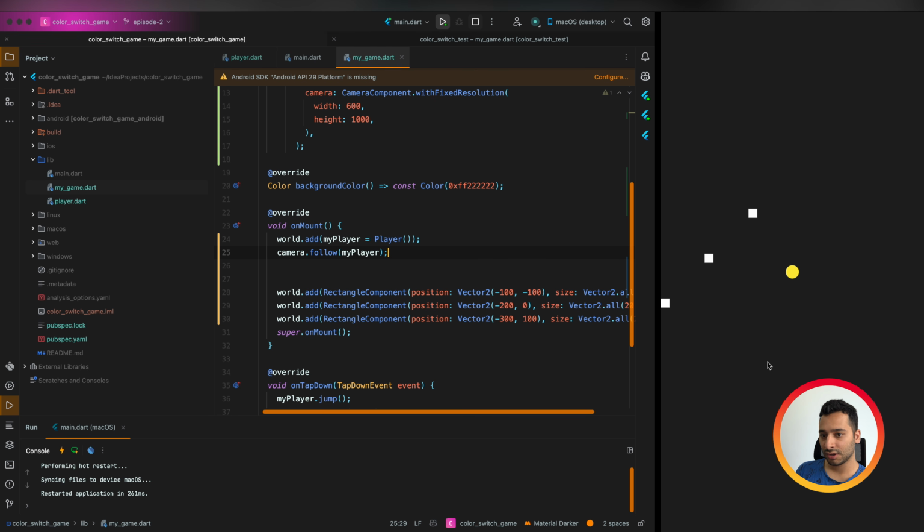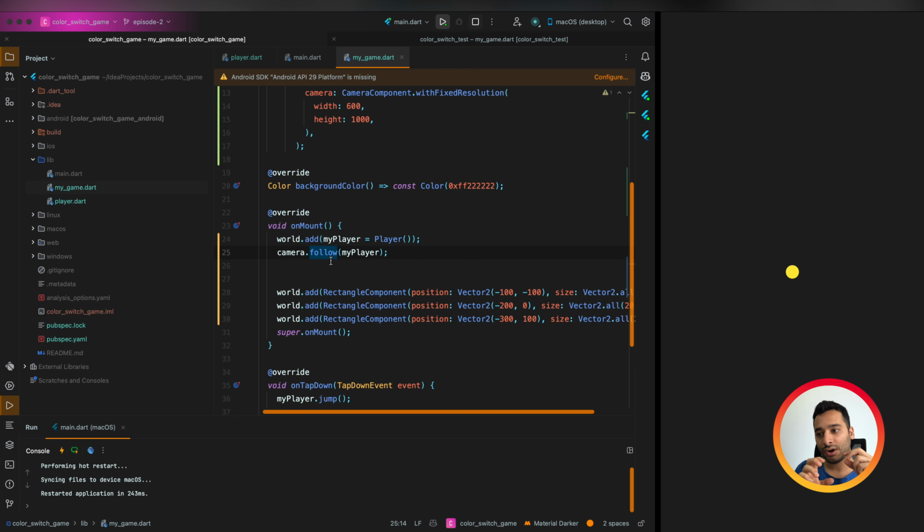And if you run, as you see, camera follows the player. Simply, camera has a position, X and Y value, and our player has a position too. So in this case, what a camera does is following the player with the exactly X and Y value that the player has.